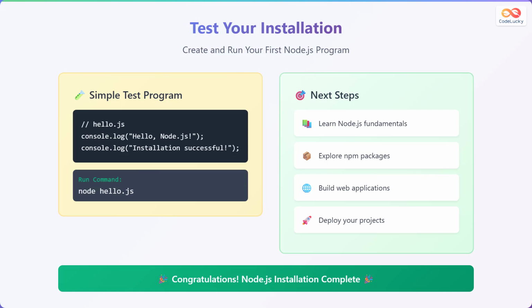To make sure everything is working correctly, let's create and run a simple Node.js program. Open a text editor such as Notepad and type the following code: console.log("Hello Node.js!"); On the next line, type console.log("Installation successful!");